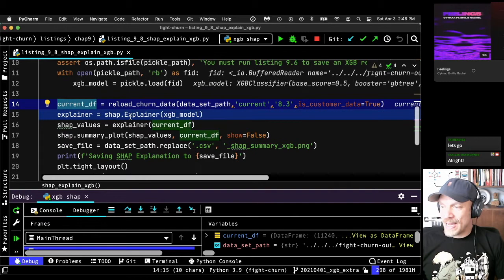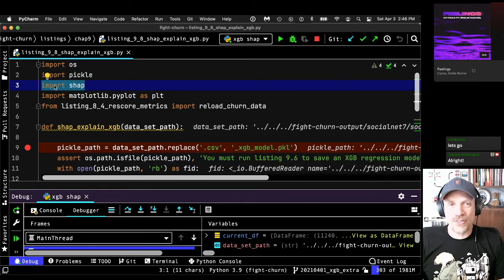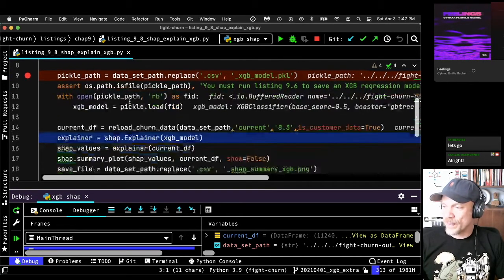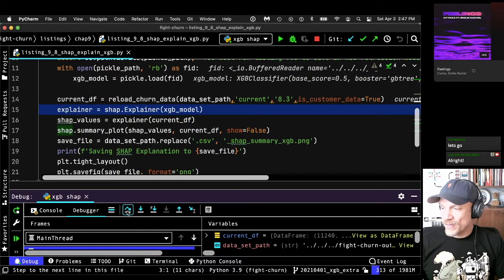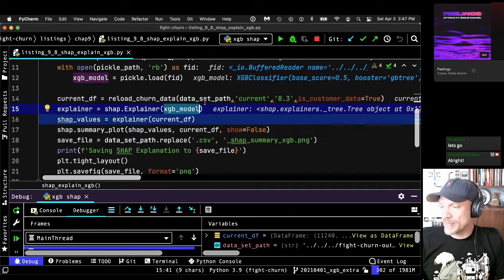Then we create the SHAP explainer, which is an object in Python. For this, I should mention, we have the SHAP package. If you want to know where to get the SHAP explanations for machine learning in Python, it's in the SHAP package. So we create the explainer object, giving it the XGB model.